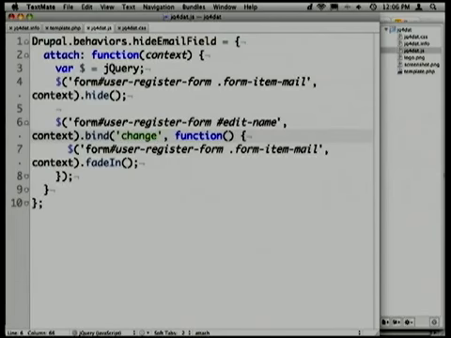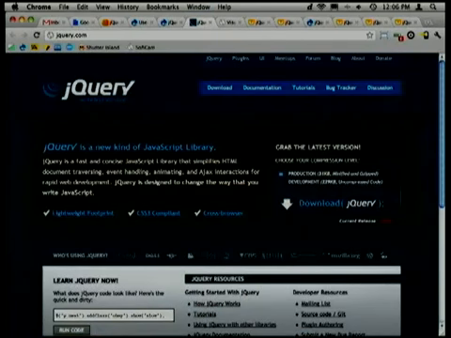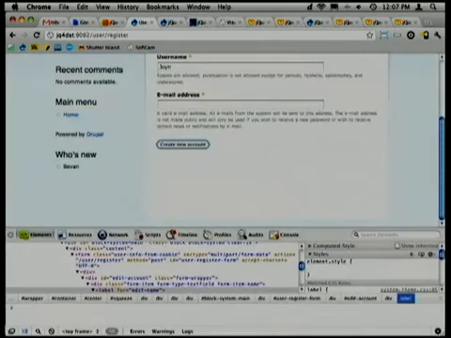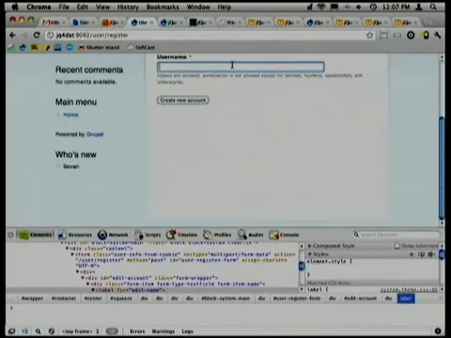So that we're binding to change instead of blur. I know that with the change event, it behaves a bit differently across browsers. jQuery tries to smooth all of that out, but there's still a few quirks in there, particularly with form elements. So you'd still need to test that across all the browsers. However, Chrome behaves pretty nicely, so